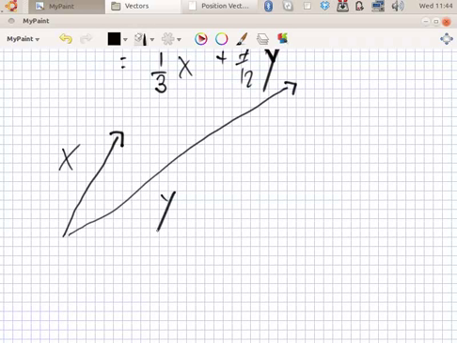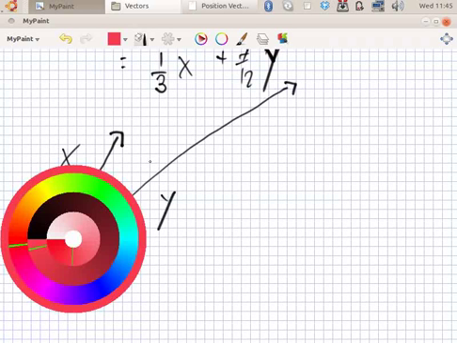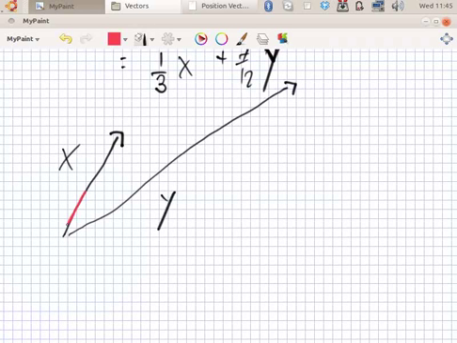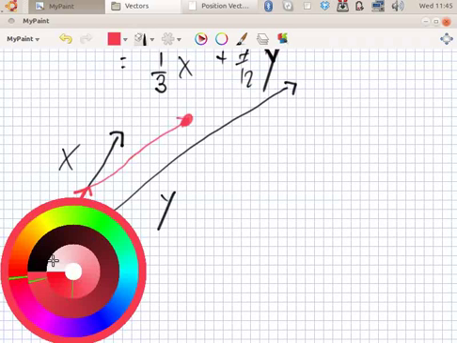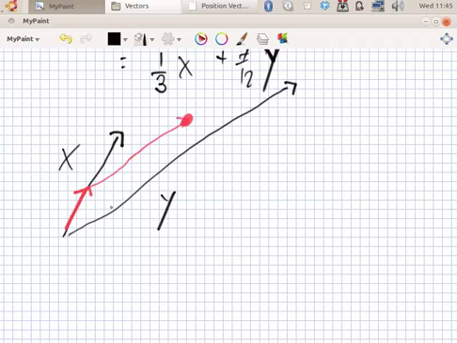There's x and there's y. 1/3 of x would be from here to here, plus 7/12 of y, so that's plus about half of a y. So that would go to about here. So if I add these two vectors together, it would make this one here,